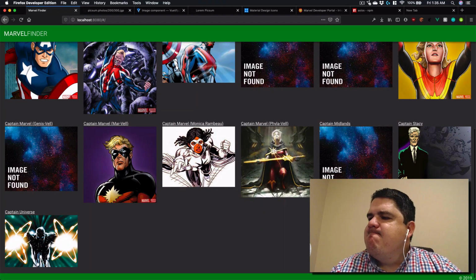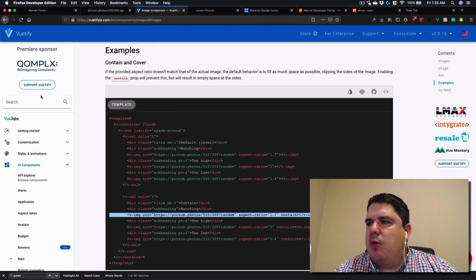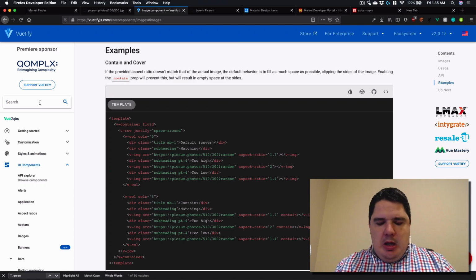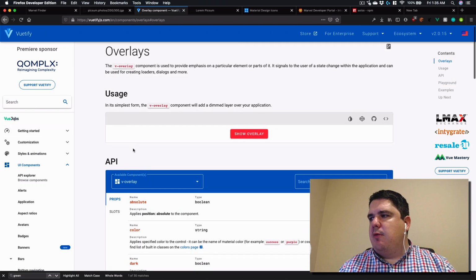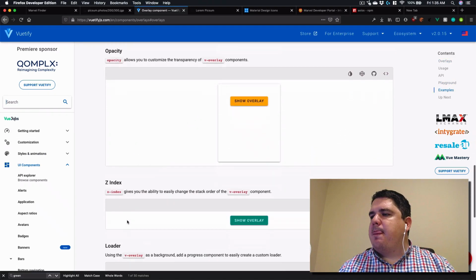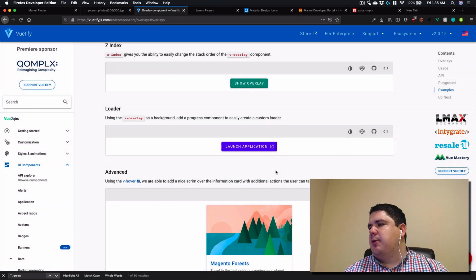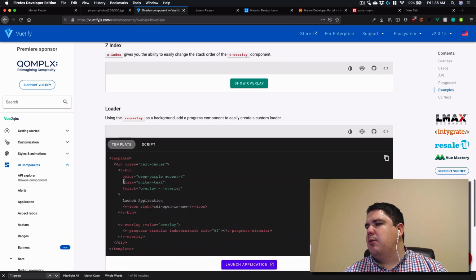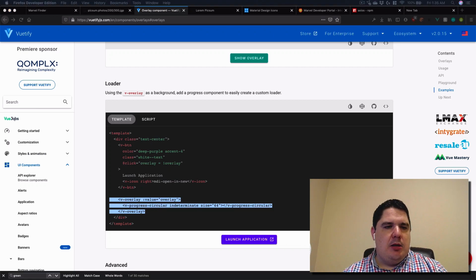But I don't like that waiting. So let's do something about it. A pretty cool thing about the components is we can have a loading state. So if we look for an overlay in my Vuetify, we can have a loader. They do something like that, and after, it disappears. So this is what I need. So I have my overlay, use that section, copy, and let's put it